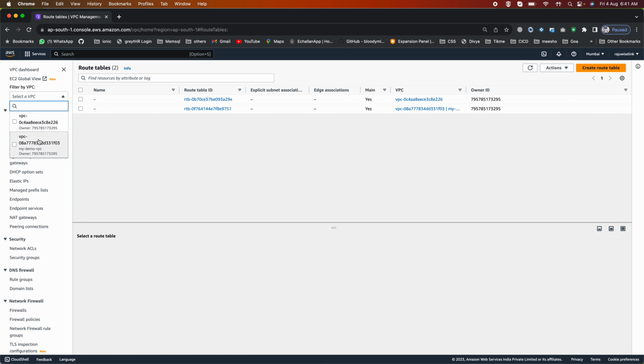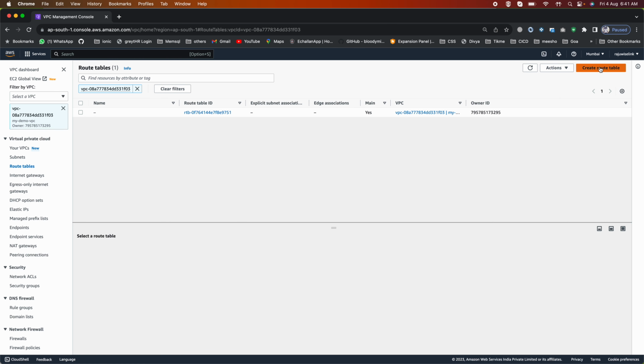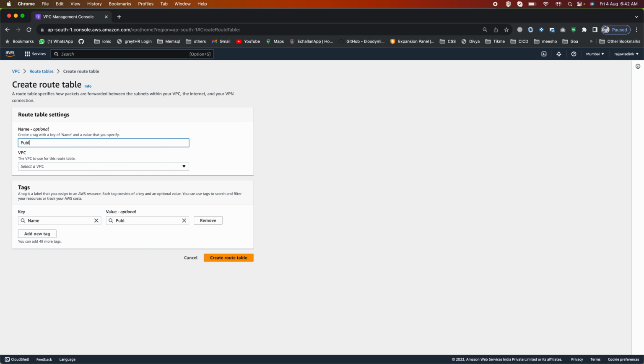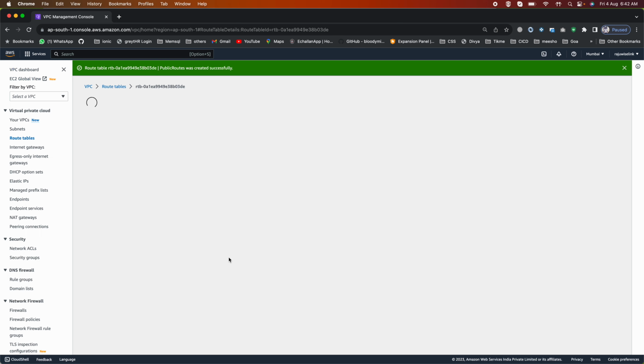So we'll be working on my demo VPC. Here we'll create two routes. So first one is public routes, and we are creating these routes in my demo VPC, and here we will create this route table,